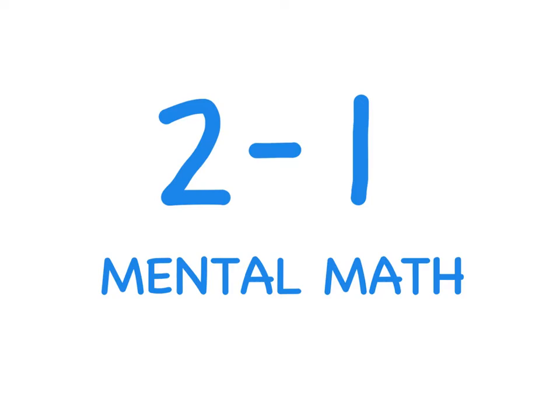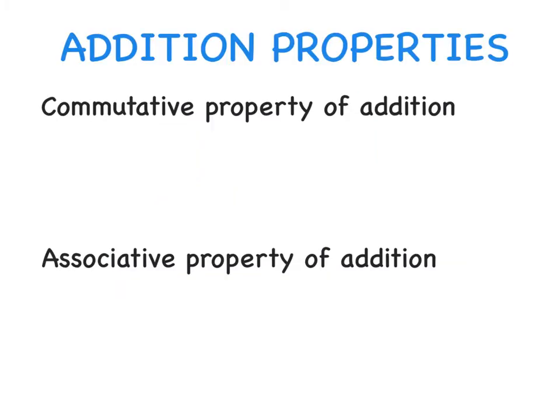Topic 2 is all about adding and subtracting decimals. In 2-1, we'll be talking about mental math, so being able to add and subtract decimals in your head. There are a few addition properties that are going to help us make adding and subtracting decimals in our head